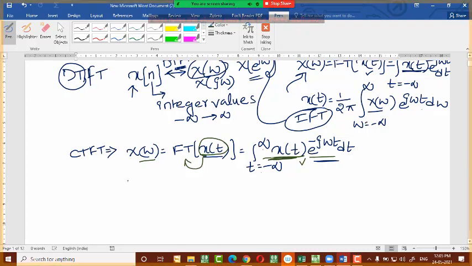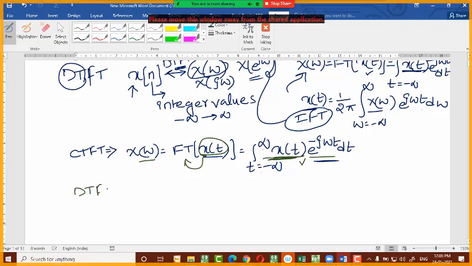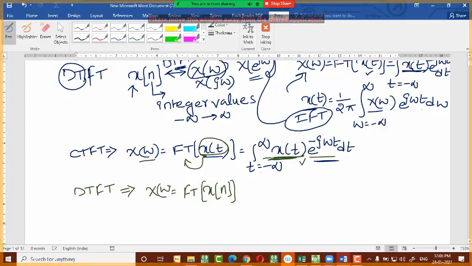Now I am going to write the DTFT equation. Already I said that in case of DTFT, we have x of n. For that x of n, we need to find the Fourier transform, and that is also represented with X of omega. So it is equal to, it is discrete. In the previous classes I have mentioned the difference between integration and discrete summation.